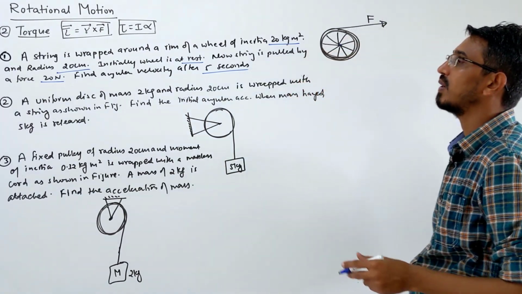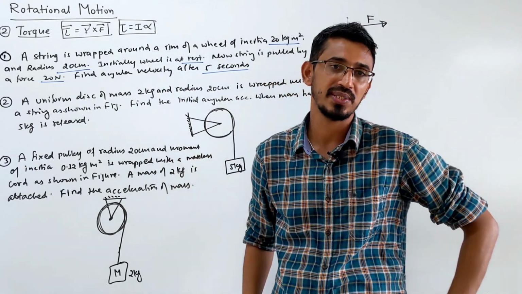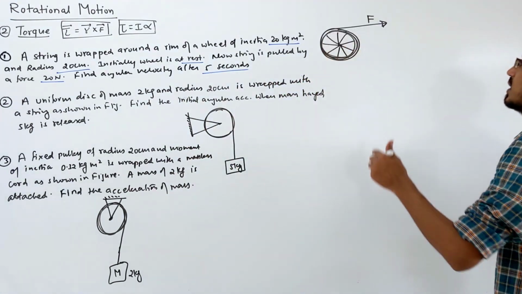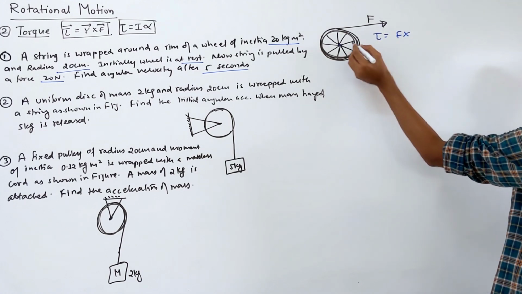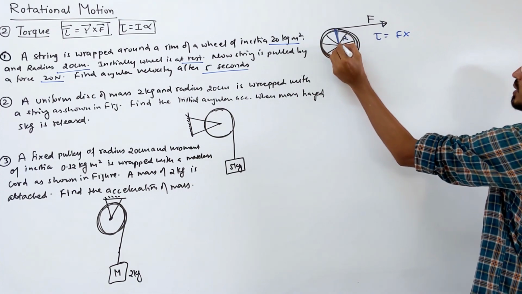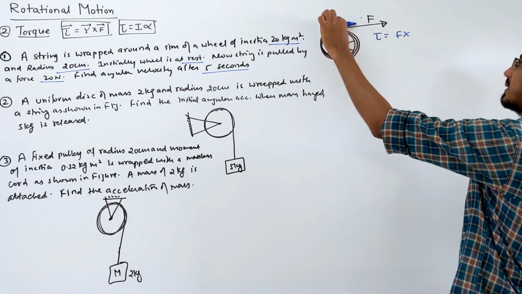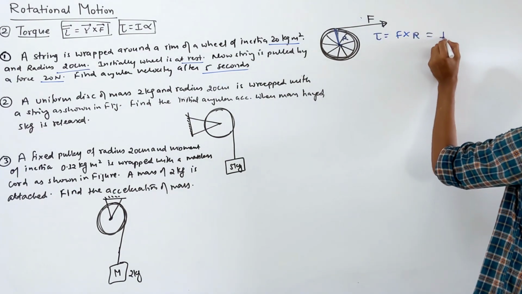Yeah. So we have to calculate the angular velocity after 5 seconds. Okay. So angular velocity you want to calculate, initially you know, time is given, means you need the acceleration of this system, right? Now acceleration. So let's calculate the torque produced by this force. So F into perpendicular distance, that becomes simply the radius of this wheel. That's your perpendicular distance, because it's rotating about that point. Force is applied that way, so the perpendicular distance simply becomes the radius. That you can also write as I into alpha.